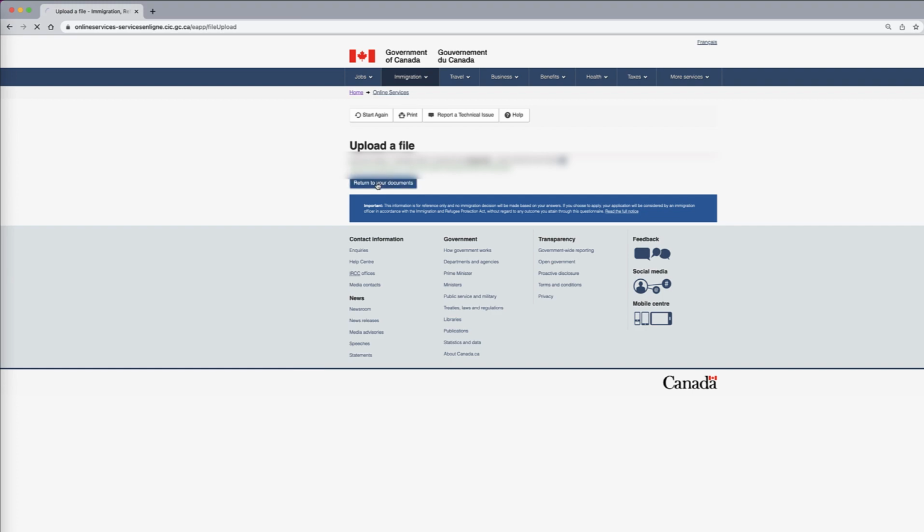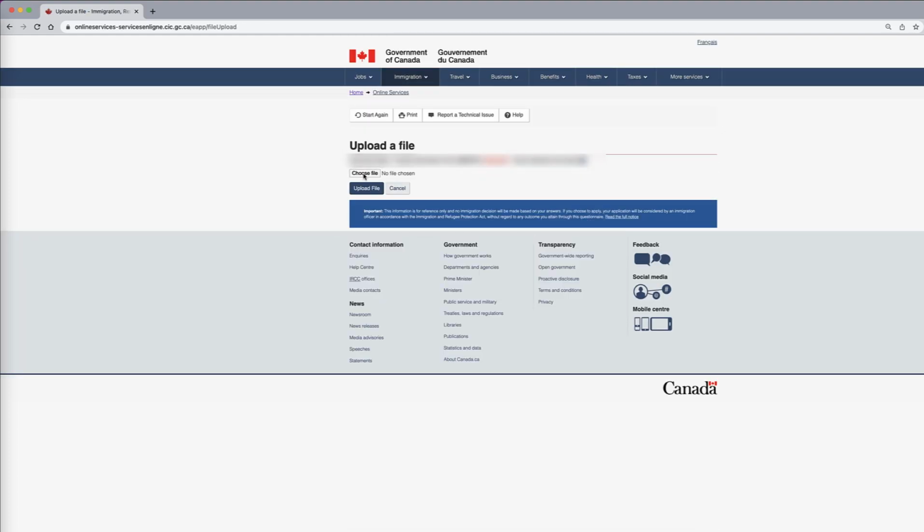Then we can return to documents, do the next one, and as you can see, it immediately turns green on the detail side, and it tells you that you've uploaded but it's not submitted to the IRCC, along with the file name. See, the rest say not provided in red. Then we go to upload file for the family information. We click choose file. We choose the file that we need to upload